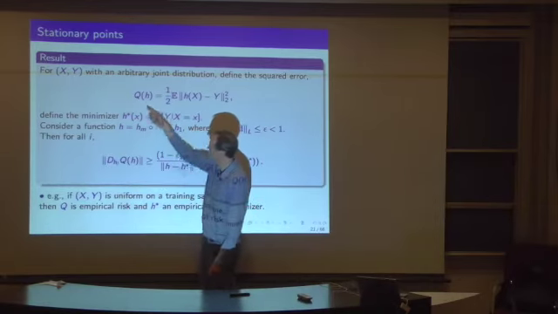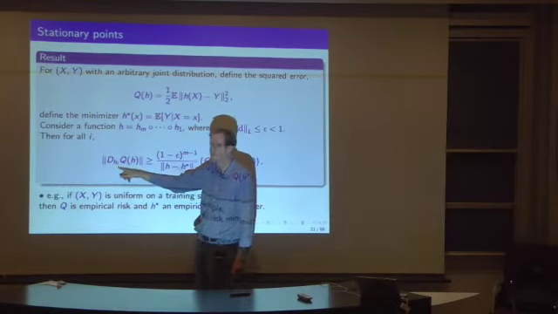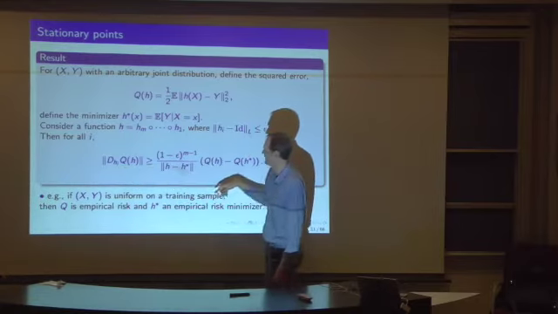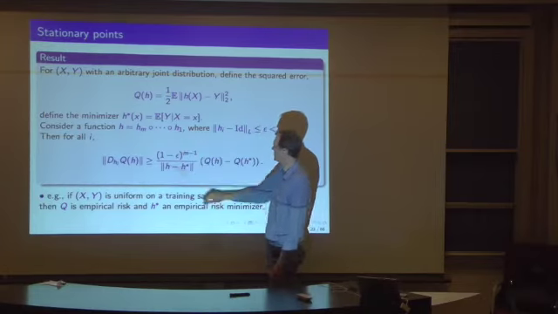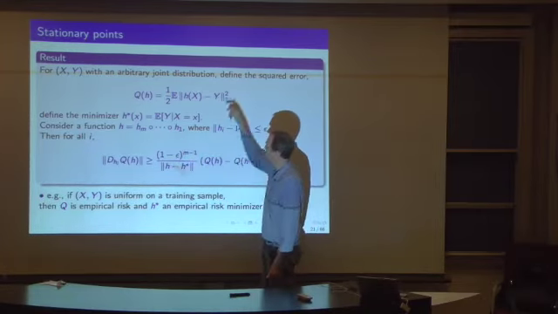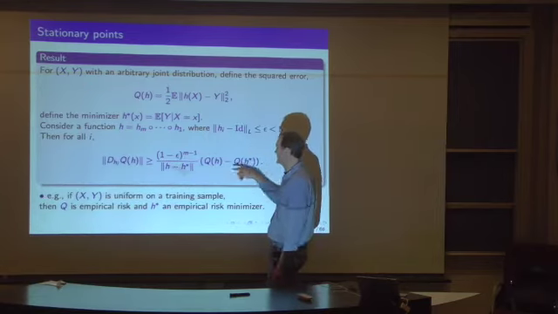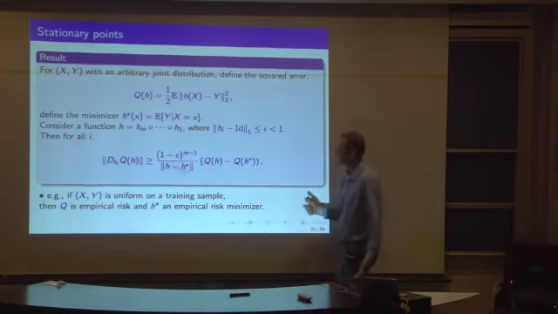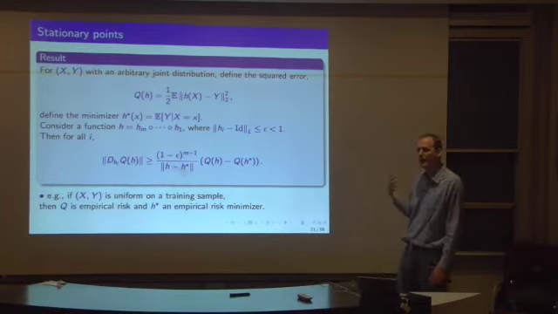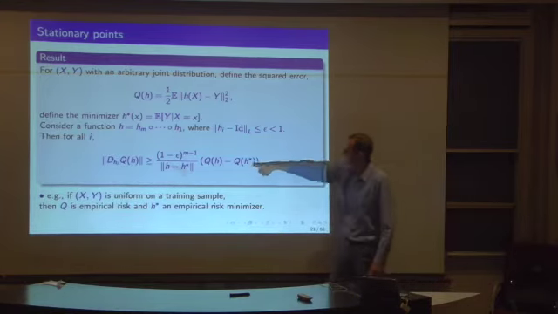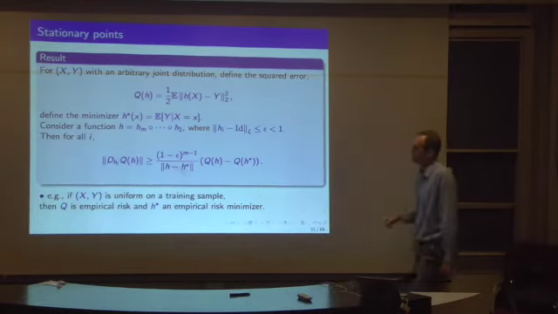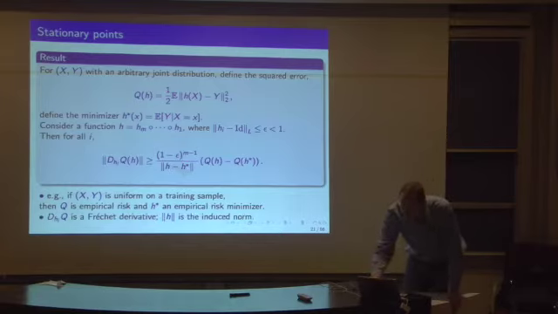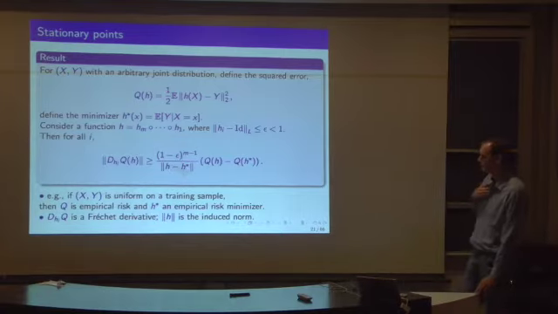functional derivative of this criterion with respect to any one of these H_i has an operator norm here that's bounded below by, think of this as just some number that depends on the setup here and the value epsilon, and multiplied by how far h is away from optimal, right? What's the value of q at h versus its minimal value? So, to be a little more specific, we're considering a functional derivative here, a Frechet derivative. The norm is the induced norm.